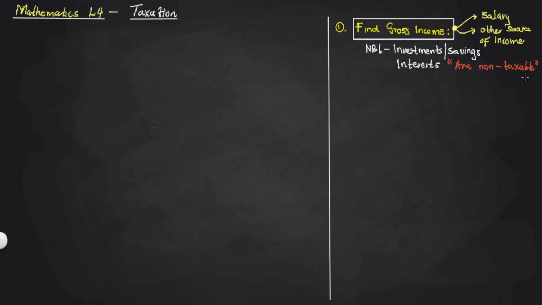You made an investment some years back, and then your investment grows in value. Then it starts maybe kicking back interest, or starts giving you interest. So this interest from savings, it's non-taxable, right? There are savings accounts where this is a non-taxable savings account, but many savings accounts are taxable. But in a question involving taxation, maybe the source of income is investments or savings, they'll state it's taxable or non-taxable. If not stated, just take it as non-taxable.